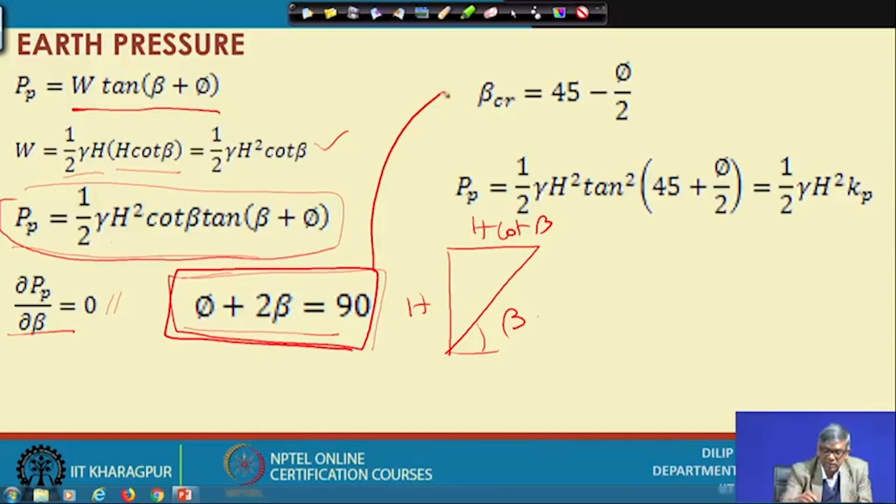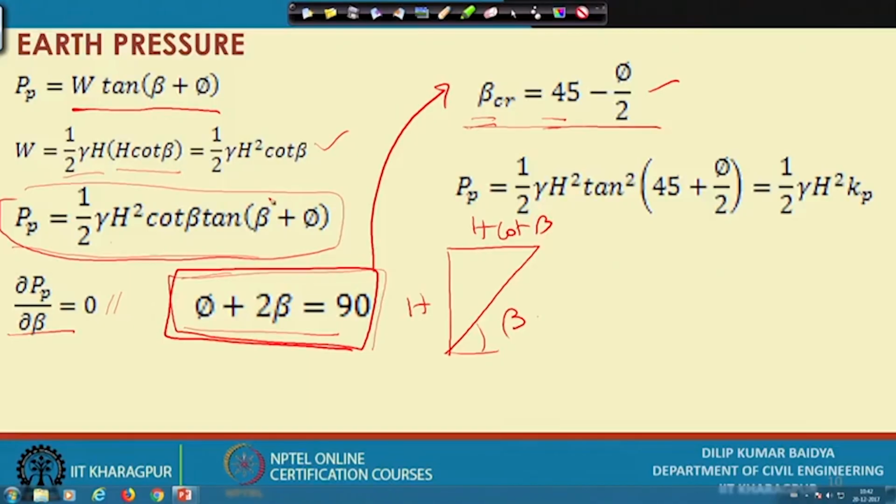So, from this I can get whatever beta I get, that can be considered as a beta critical, and that beta critical will be 45 degrees minus phi by 2. Okay. As I have shown at the beginning, when the wall moves towards the backfill, the failure plane will make an angle equal to 45 degrees minus phi by 2. We just mentioned it as a fact, but now based on this calculation we have got that this angle is 45 degrees minus phi by 2. Now, if I substitute this beta value in this and simplify,